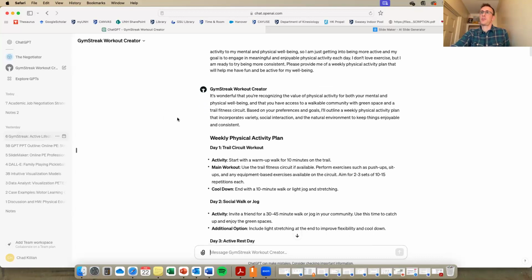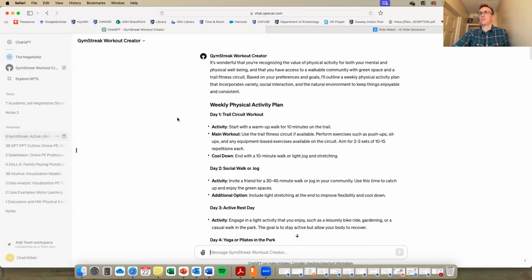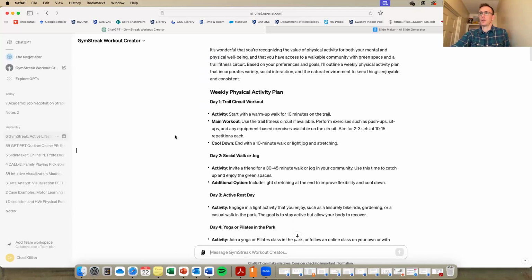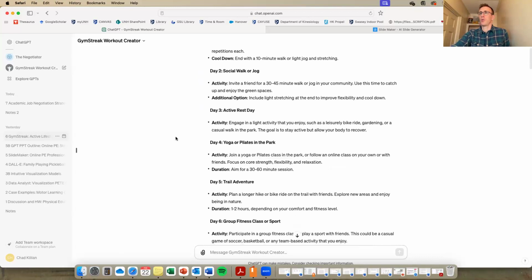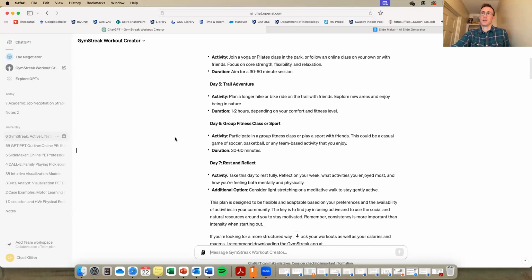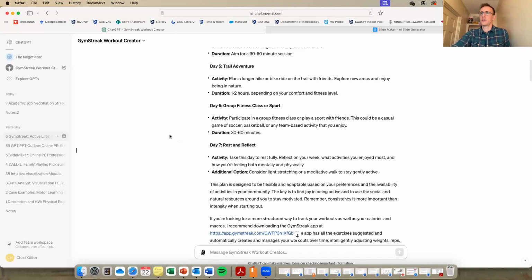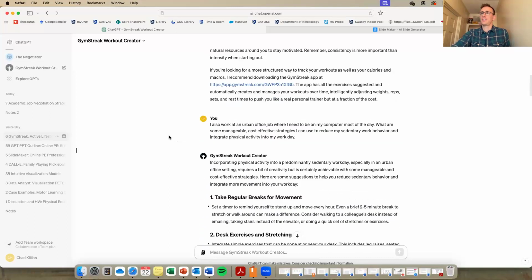And it outputs, I think, a pretty generic plan, but it includes walking the dog as a physical activity for somebody who's new, including a rest day, doing some yoga, Pilates, going for a longer walk, trying out a sport, and reflecting. I think there are some things that can be gleaned from there. There are also some things to kind of push back against. I also asked it,